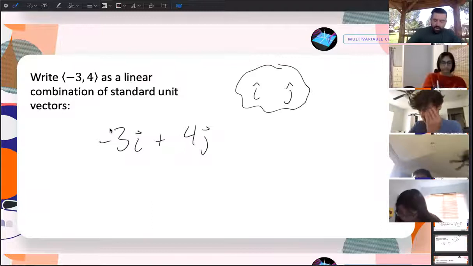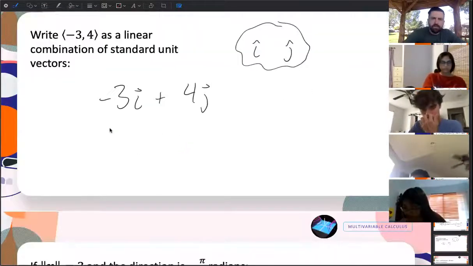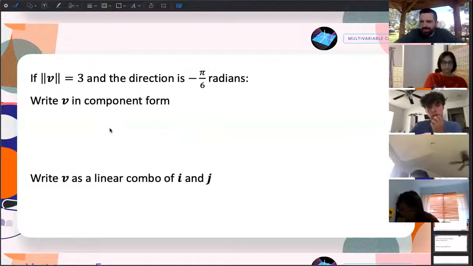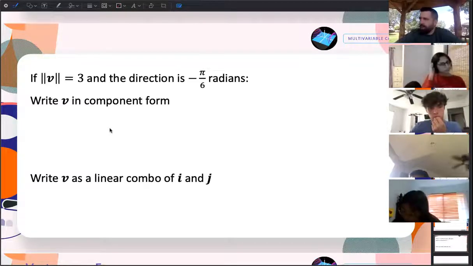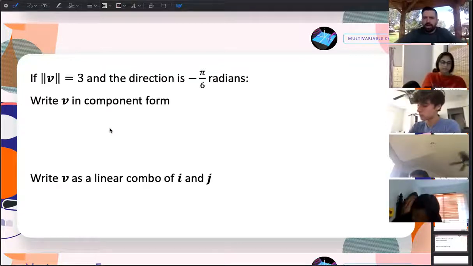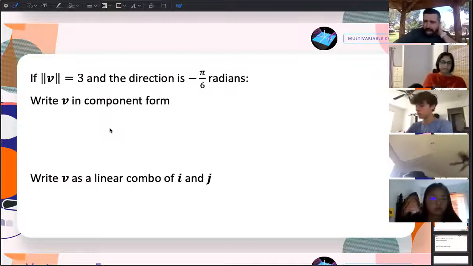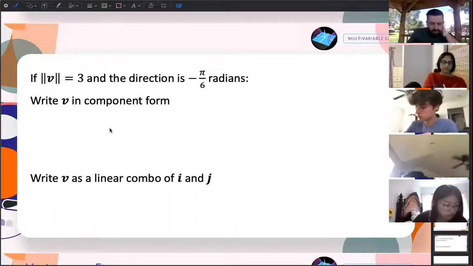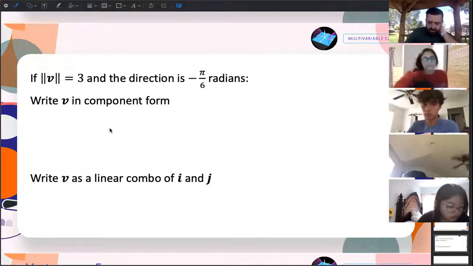All right. If you're in a real world situation, you probably don't have the components of a vector. You have the magnitude and direction. So if you're taking measurements, doing an experiment, whatever, you might know the magnitude and direction. But then to do math, we generally want the components. So you want to make sure if you see a magnitude and direction that you can go backwards and get those components so that you can start to do math on it.